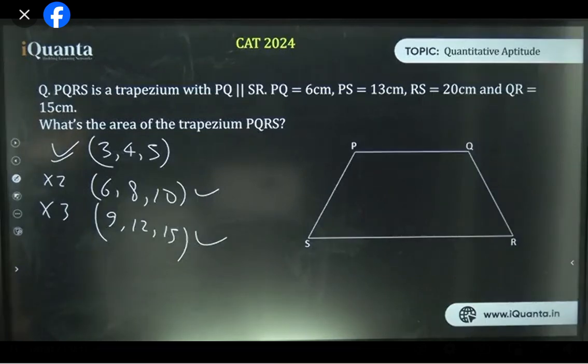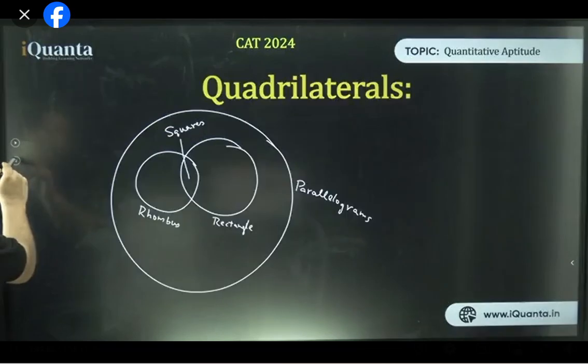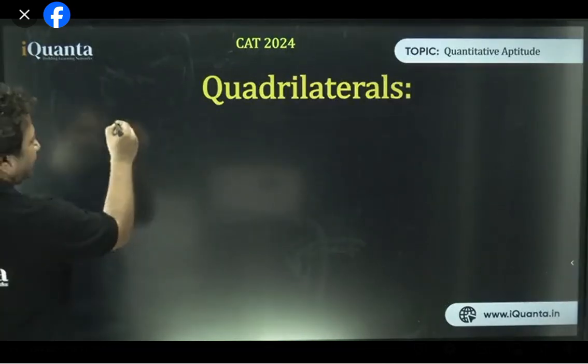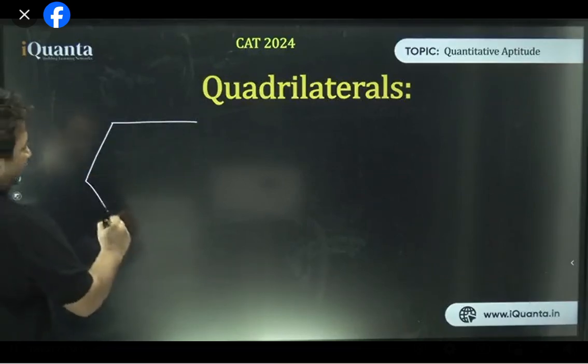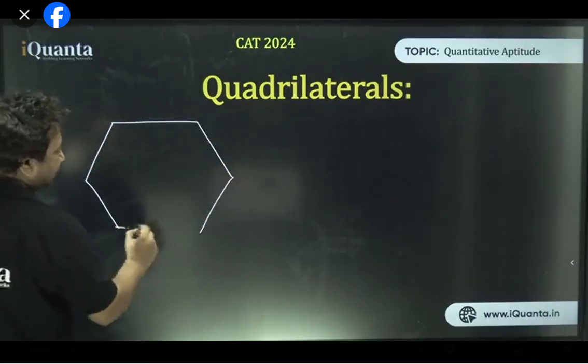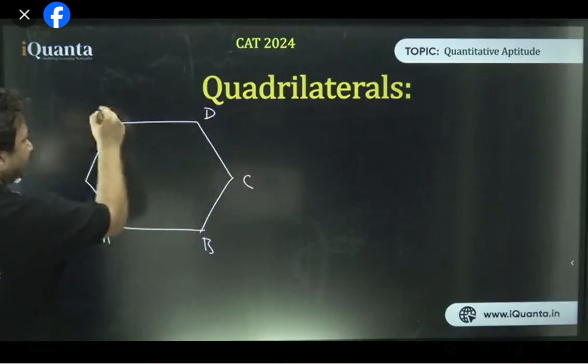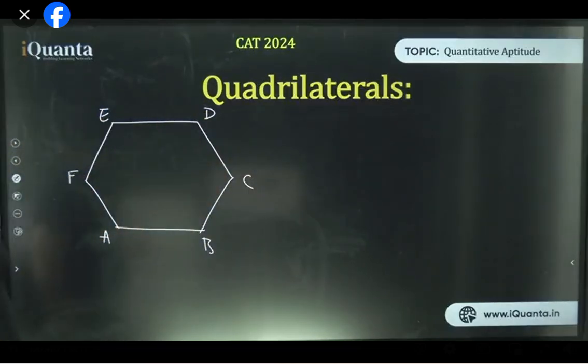Okay, let me do a question. Cool. I need some free space, which is here. Okay, so I'll make a question. I have a hexagon. All of you know what's a hexagon, which has 6 sides, and it's a regular hexagon. A, B, C, D, E, F. By the way, I'm already giving you the figure, so your life will be easy. But in the real question, I won't be giving the figure. I'll write it. You will have to make the figure.